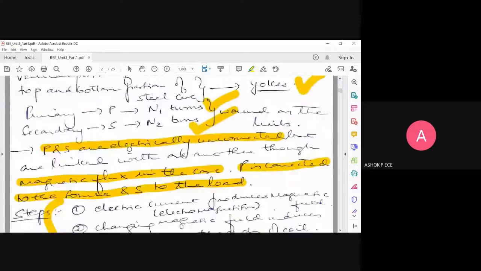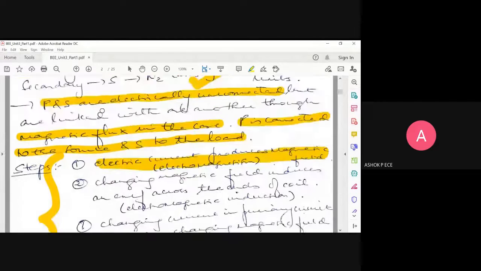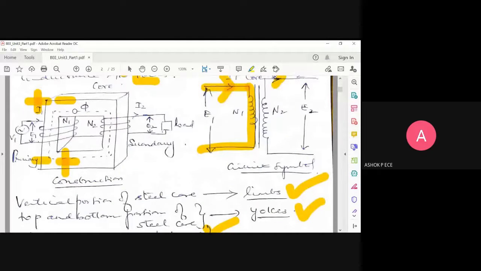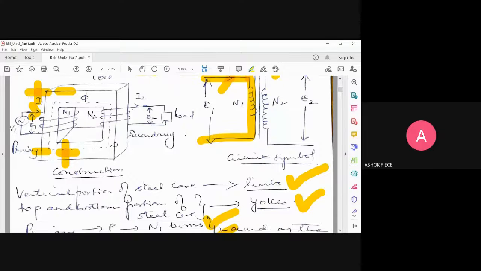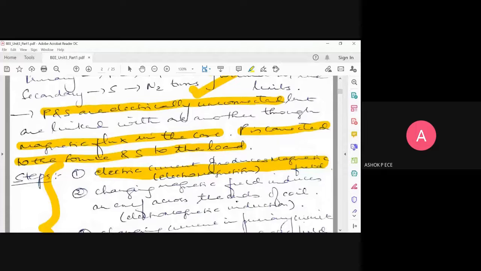So step one is, see here, an electric current produces a magnetic field because of the electromagnetic effect. I am giving voltage only, but because of the reactance of the coil, you are going to have an AC current flowing. When an AC current flows through a coil, you will have this magnetic field created. That is because of electromagnetism. This happens even in a wire, right? Even in a simple wire, if a current flows, you are going to have a magnetic field created around the wire.